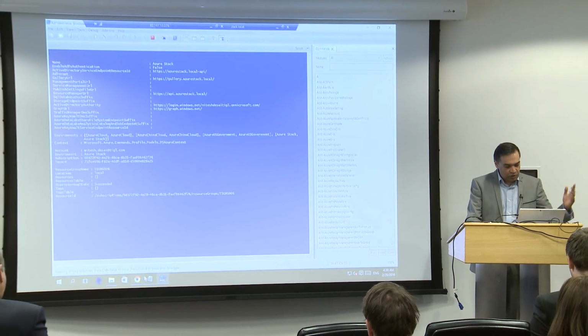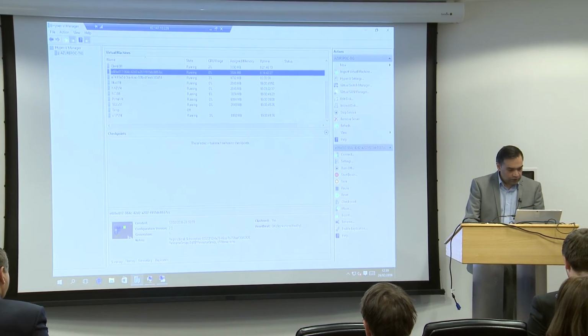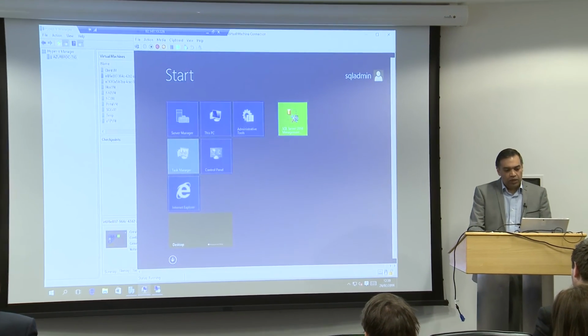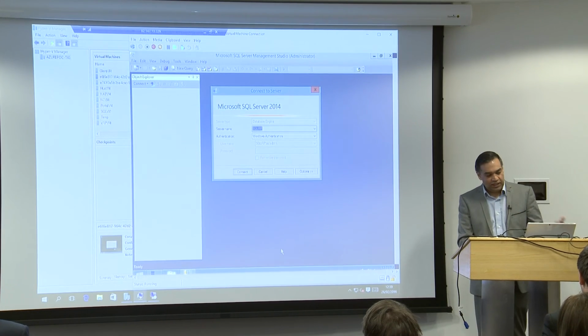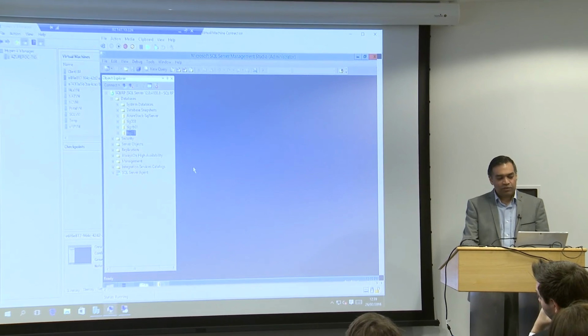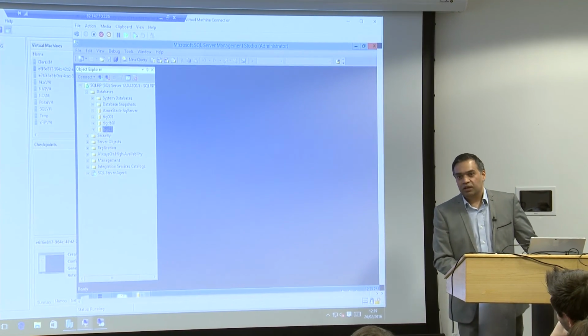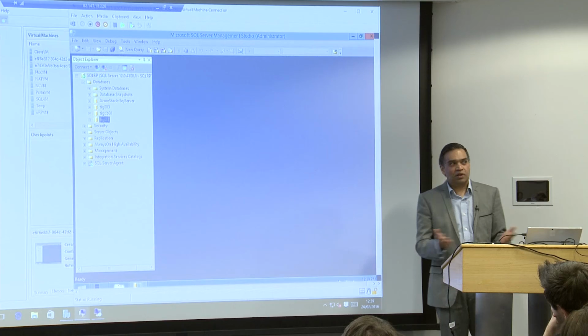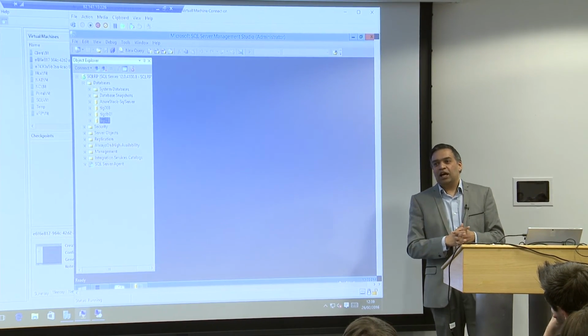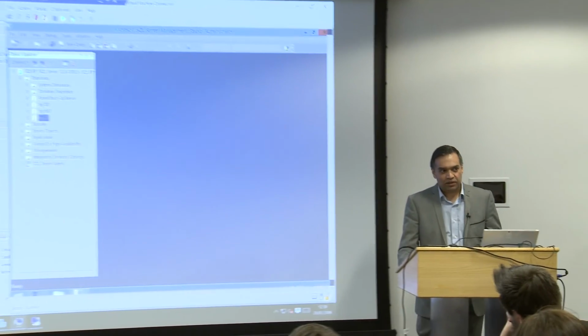Once that finishes building, I'm more than happy to go through it with you outside. And within here, it will build that SQL server that we saw for consumption. I can see it being created in here as a database, just to show you there's no smoke and mirrors. There's the database created within the consumption model. That consumption model, as you saw, took about a couple of minutes to create that whole SQL server and get people up and running. You can create it through loads of PowerShell, and I can show you some stuff outside in terms of bringing up a whole highly available infrastructure within minutes to be able to do dev and test.